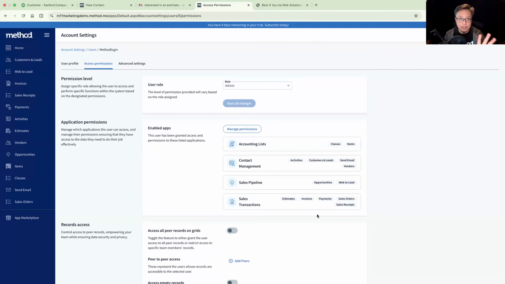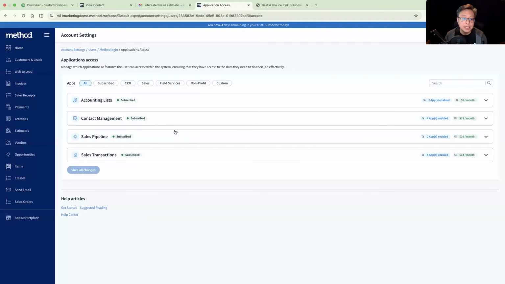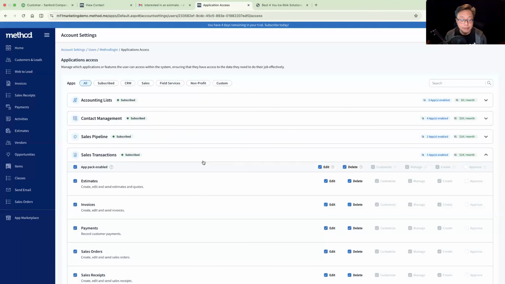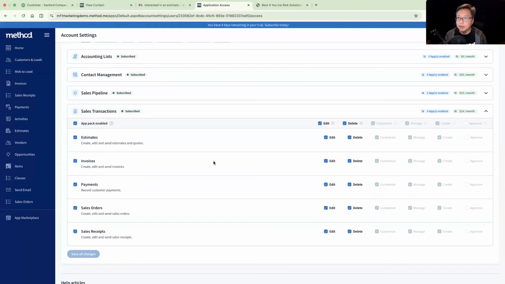And also just to let you know, we also have the ability to restrict more than just records. We have the ability to restrict apps. So as Matt has shown you in our slides, once you have people within your QuickBooks account, if you have salespeople in your QuickBooks account, yeah, they have access to all the transactions. But it is possible that you might want them to have restricted access to different parts of your system. So maybe you only want them to add in estimates and nothing else, right?